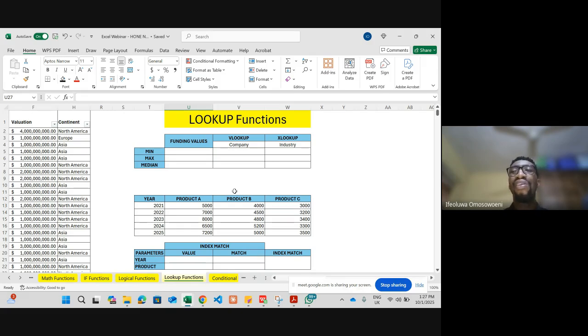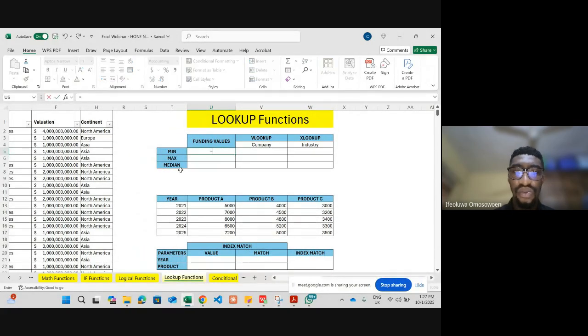But the HLOOKUP is normally not used. Like nobody uses the HLOOKUP anymore because XLOOKUP can do everything. VLOOKUP can do across the columns, and HLOOKUP is basically across the rows. That one is a bit complicated. Since you already have XLOOKUP that does everything at once, why would you double down on that? So that's why it sort of went extinct in a way. All right. So first of all, let's do a basic